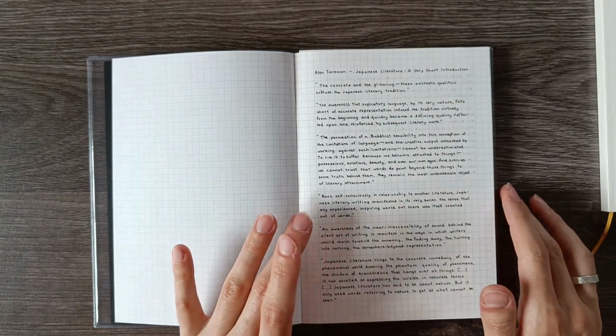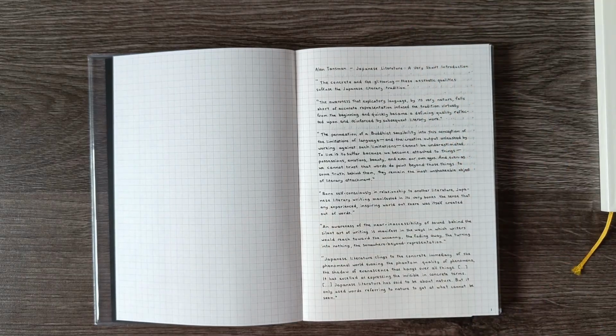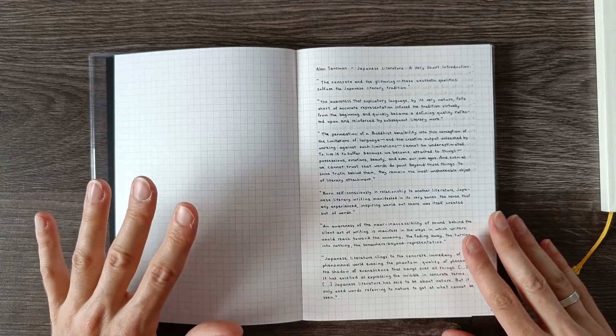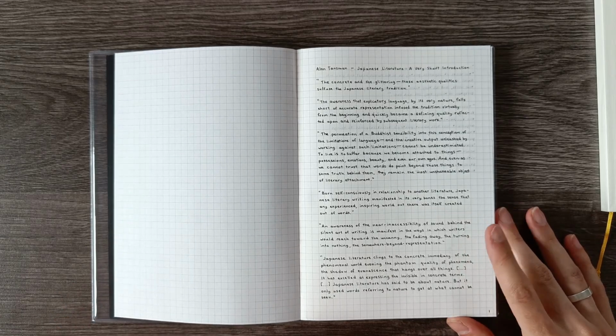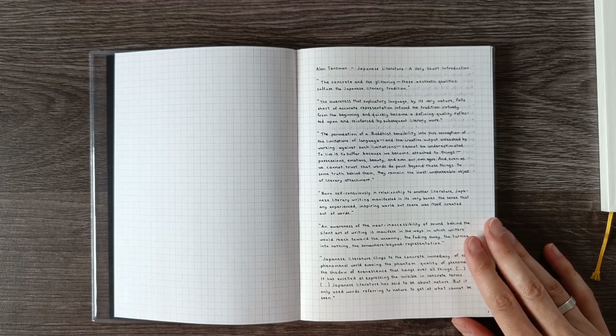But this one has a 5mm grid, which is a bit bigger than I normally like, but I've just given up looking for the perfect notebook because that's actually kind of a pointless search, you know? A 5mm grid is fine. I'll just try and write a little bit bigger than I normally would, which is a bit of a challenge, but it's also kind of fun, just writing in this very mindfully,